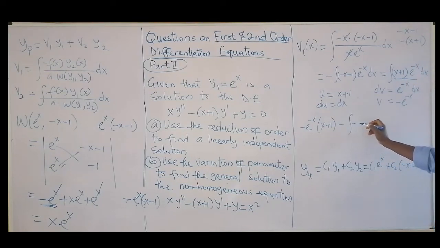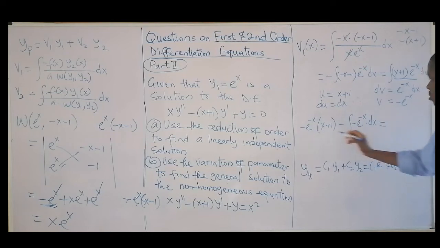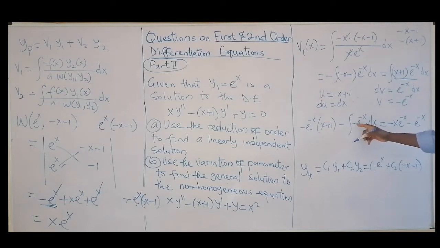v. My v is this, dot du dx. Okay, we can start expanding now. This one and this one, that's minus x e^(-x), and then minus e^(-x). So we have that. Then here, minus minus, that's plus. Integrate this one, that will also give you minus what?